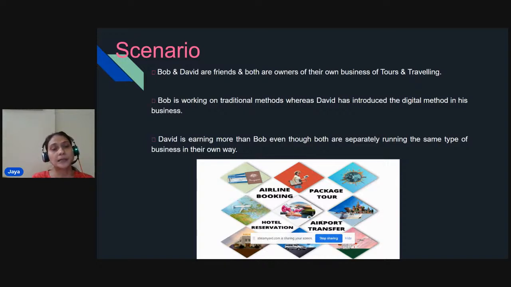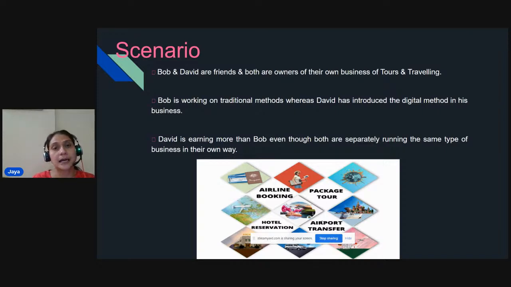Because Bob is running his business in a physical, traditional way, taking all the paperwork and all the requests, which consumes time for getting them approved. Whereas David is using a digital tool, where he completes the requests, complaints, and queries on time for the consumers, and that makes the customers happy with David's service. Bob is struggling to get requests completed, and it consumes a lot of time, and the customers are really not in a mood to wait for their service to be completed.